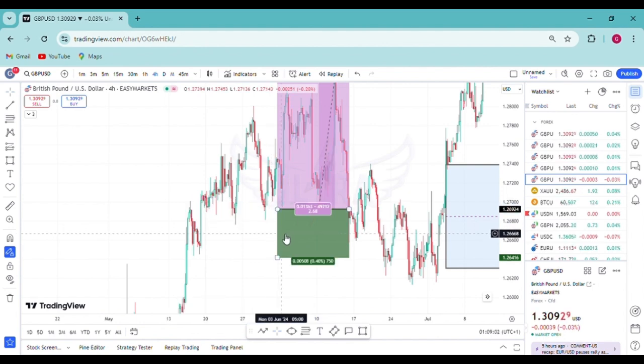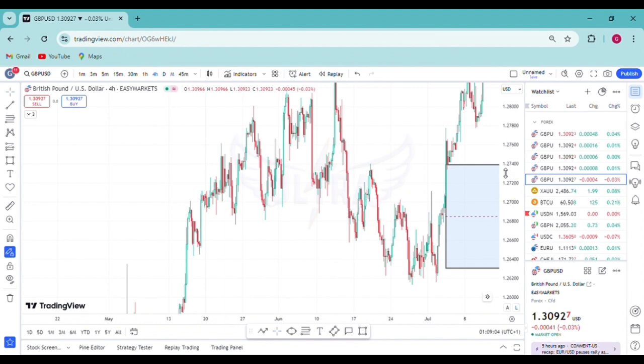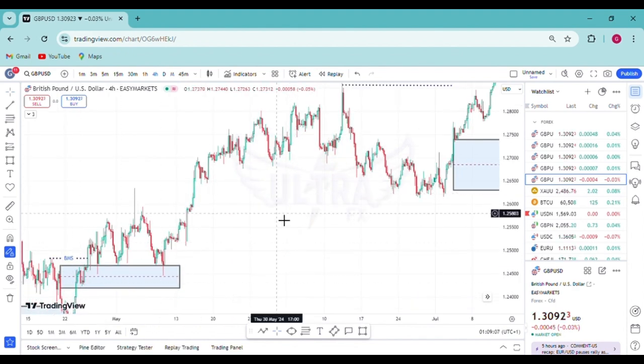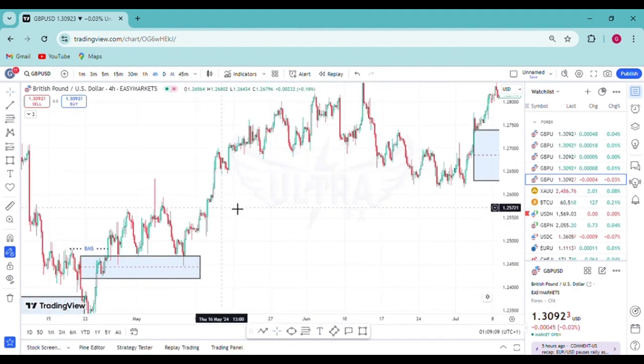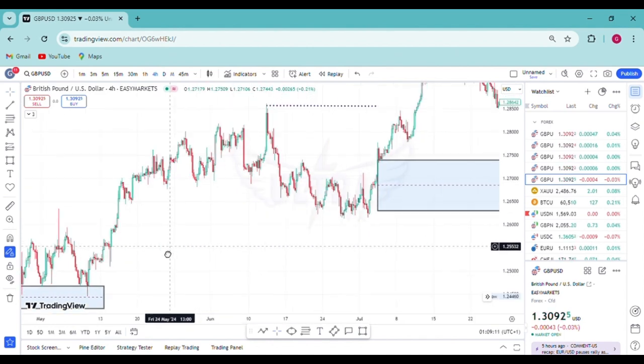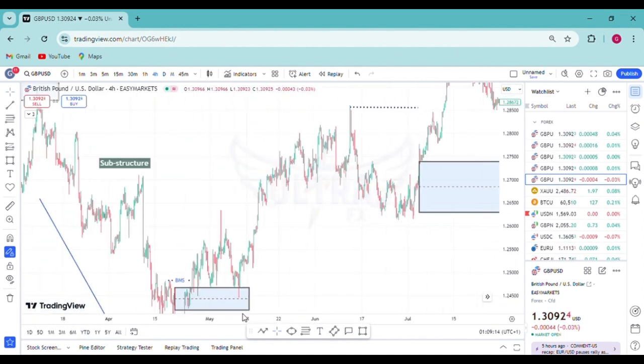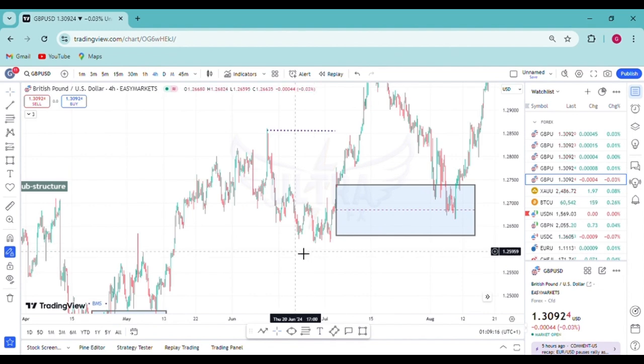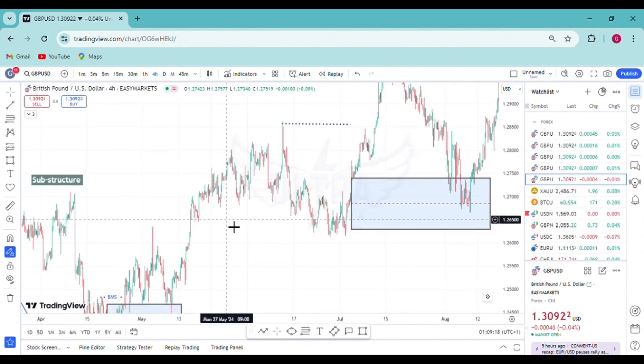Alright, so let's delete this and let's go back to our internal structure. So this is our internal structure now. It has elements, has PD arrays that market can respect when market retraces back. So these PD arrays that we can find here,